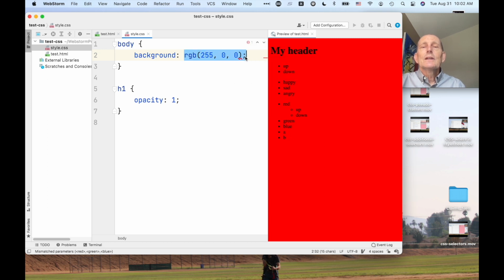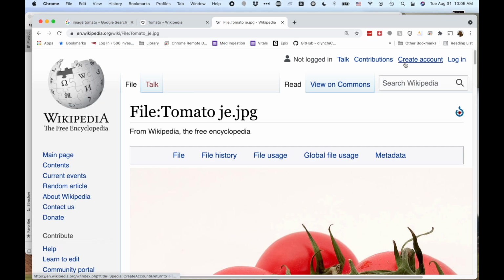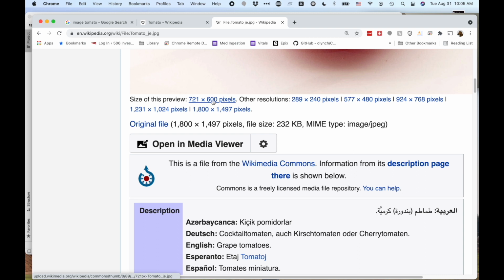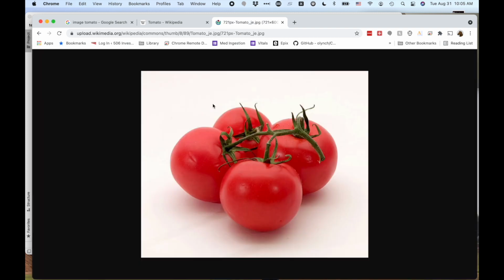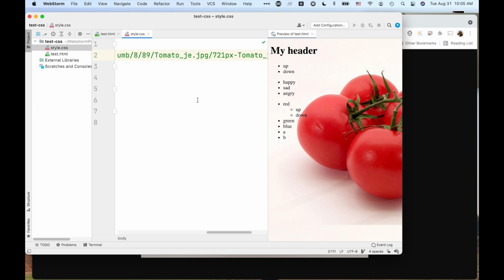The other thing we can do is provide a URL for an image. There we go. Okay, that's more correct. It just took me a while to find the actual URL. So this could be either a URL to a remote server, or you could also just put pictures into your project here if you wanted JPEGs. And so if we look at